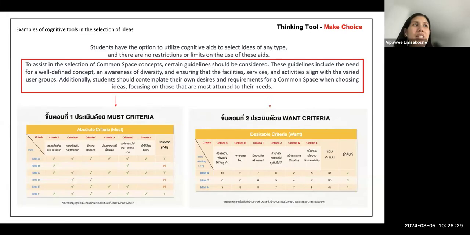This is another idea selecting tool that I prepared an example of here. Must criteria. This one you could have different topics. For example, it is parallel with company policy or company strategy.